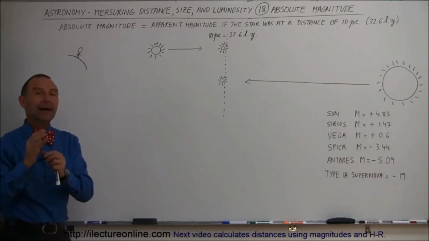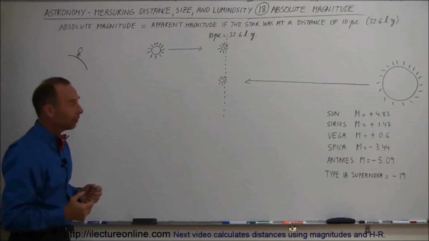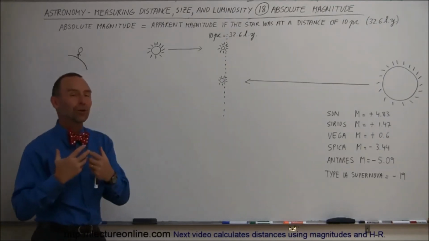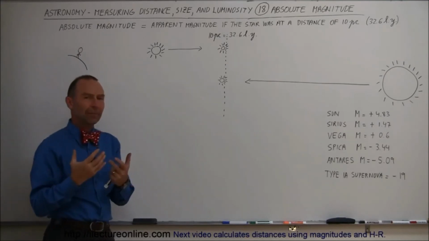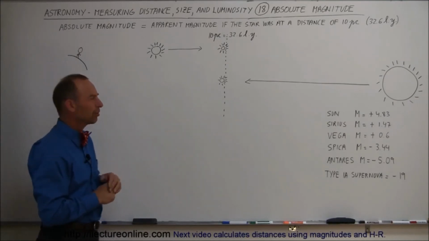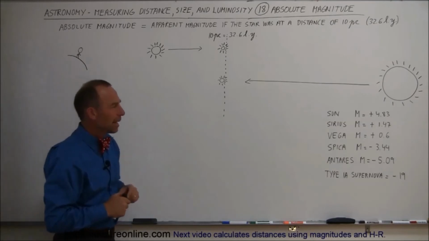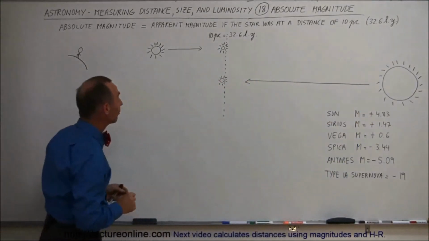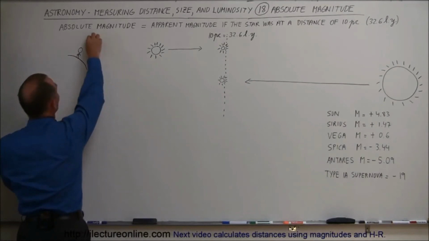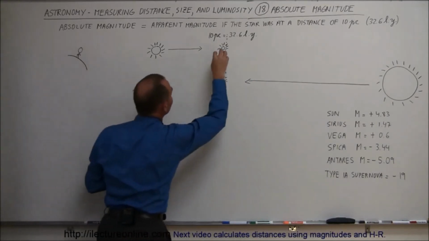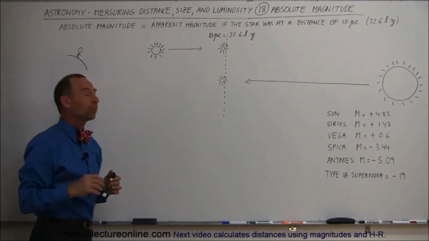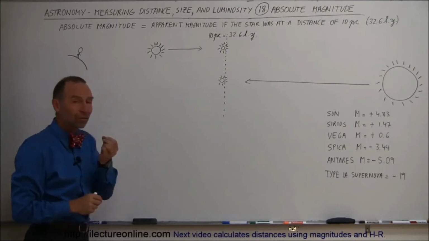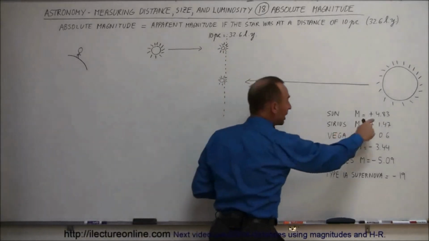That is then the absolute magnitude of a star. For example, our sun, because it's so close to us, has an apparent magnitude of -26.7. The absolute magnitude is 4.83. So that means if we took our sun, which is very close to us, and we then moved it 10 parsecs away, or 32.6 light years away, it would appear to us to have a magnitude of 4.83, which is